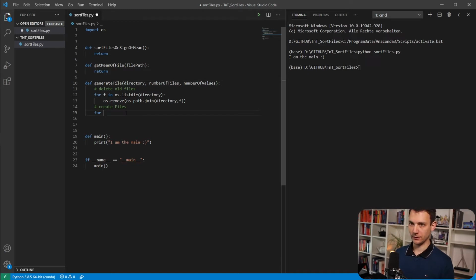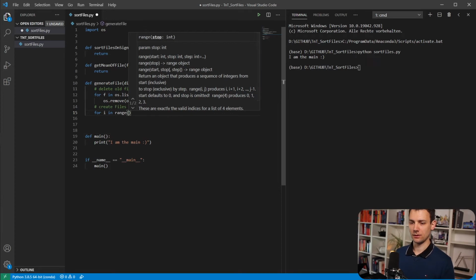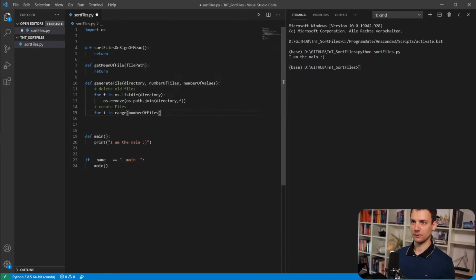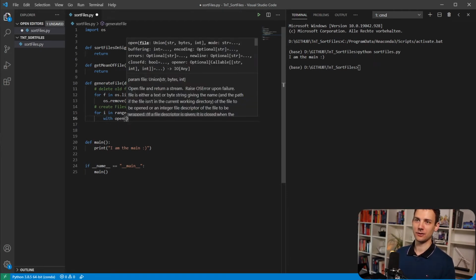So for i in range, number of files. We want to create a file, and in this file we want to put some values in. So writing to a file is done with the write command, right? But you will first have to open the file. So this is done, for example, like this, with open. And you also have that join method again,